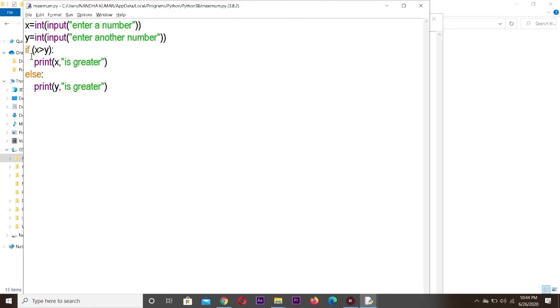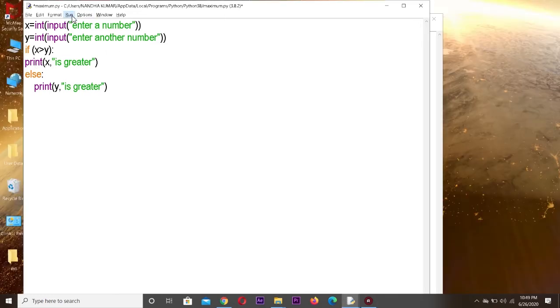Suppose I want to find the lesser number, then we just have to change the symbol here, x less than y. Now suppose you are missing the indentation, so see here, suppose I write the statement here itself without any indenting. Let us see what happens. Now we will execute, Run Module.